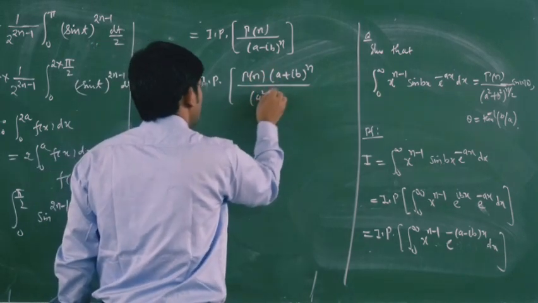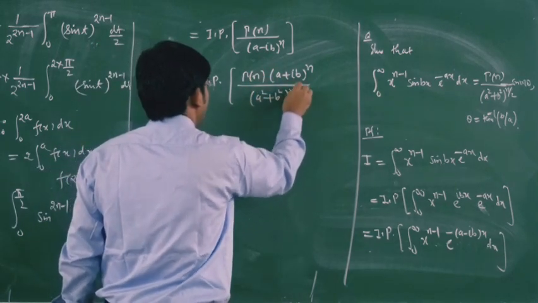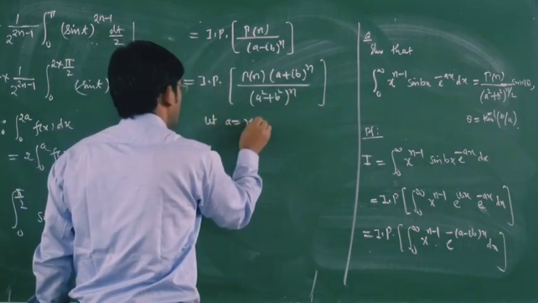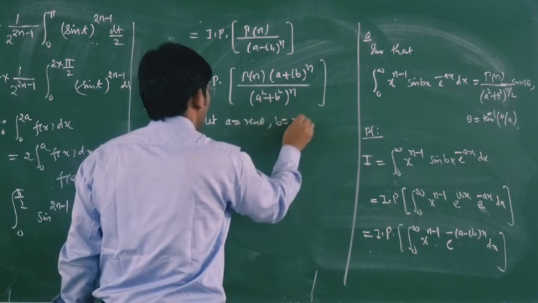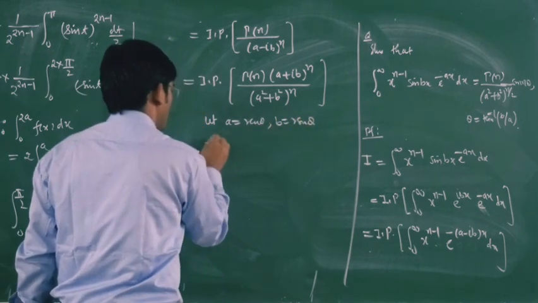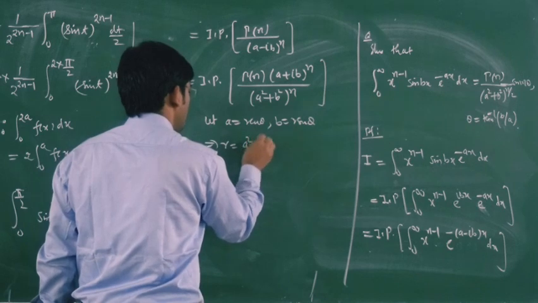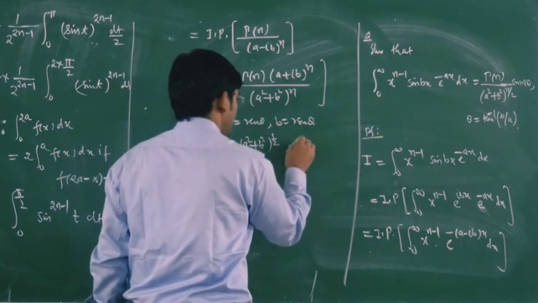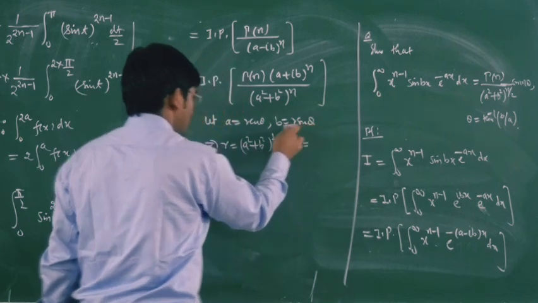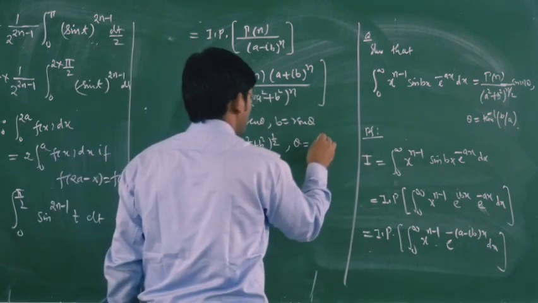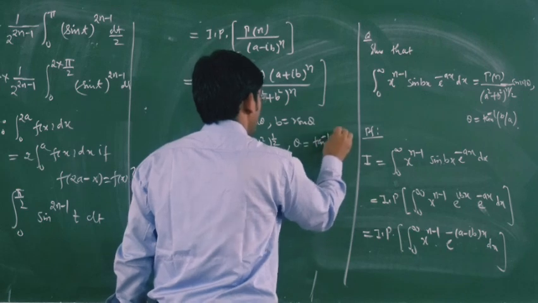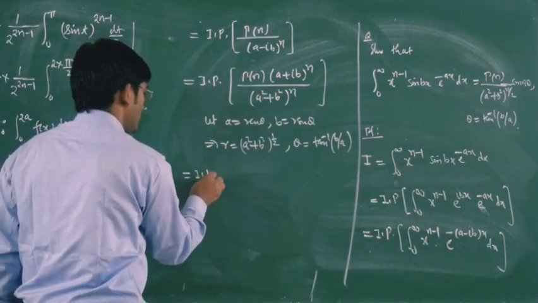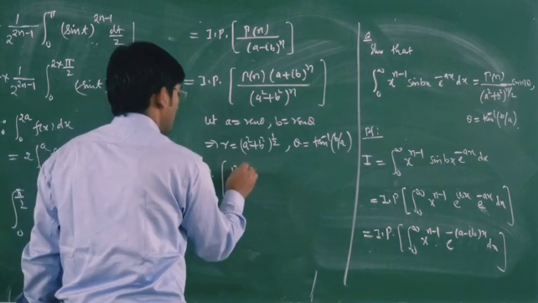So this will be (a² + b²)^n. Now let us put a equal to r cos θ and b equal to r sin θ. Then your r will be (a² + b²)^(1/2), and your sin θ upon cos θ will be b by a. So θ will be tan⁻¹(b/a). So therefore your right-hand side is equal to the imaginary part of Γ(n)